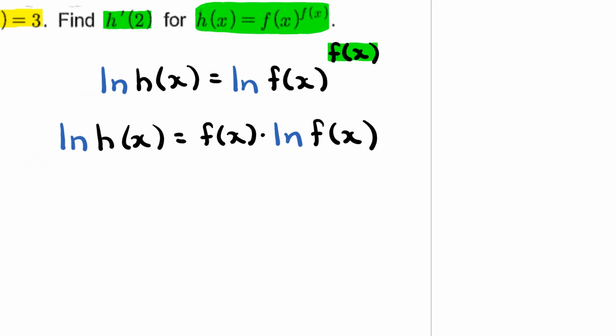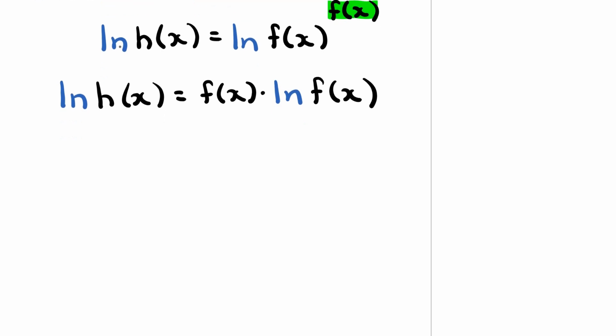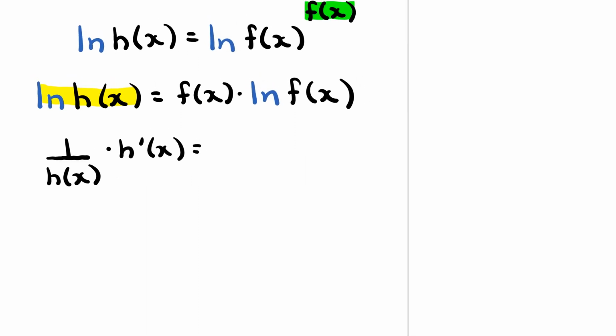Alright, so now that I've applied the logarithmic property rules, I can differentiate both sides. So the derivative of this is not 1 over y times y prime, but it's 1 over h of x times h prime of x. And then on the right hand side, I can apply the product rule here, so f of x times ln